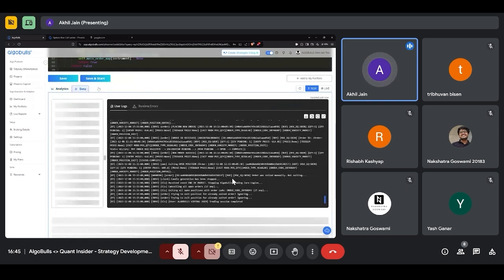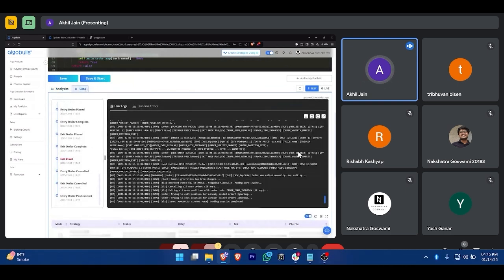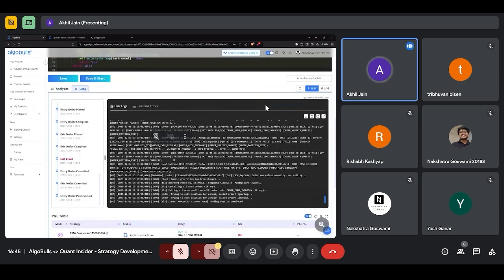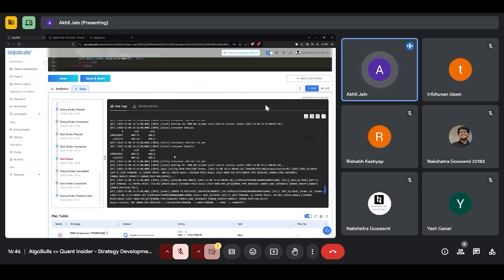But one thing I would like to highlight is there is something called logs. And these logs are actually a wealth of information. Once your code is experiencing problems, or if it is displaying some issues or errors, then this common log is the best way to study and understand what is wrong with your code. So I just want to highlight that.